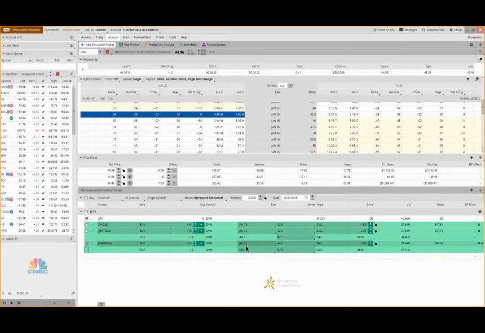Okay. The other thing to think about here is that once the November expires worthless and we've collected all that premium, we can now go back and sell a December call against that January. If that December call expires worthless, we can then go in and sell the January 47.5 against this. Okay, and so we're reducing our cost basis every time and trying to increase our positive theta as we go through the position. That's the real advantage here with these spreads, is the way you can adjust them throughout the life of that spread. Okay,